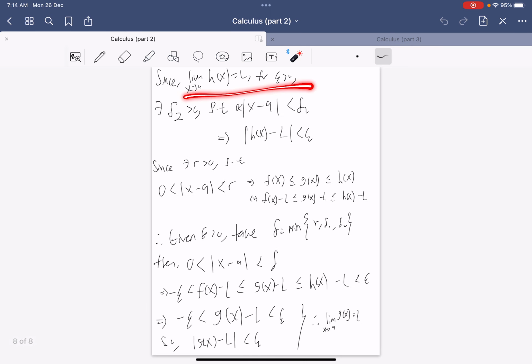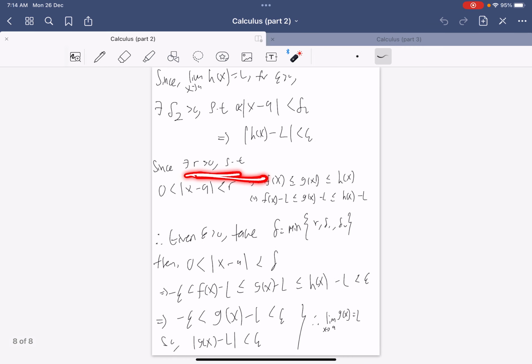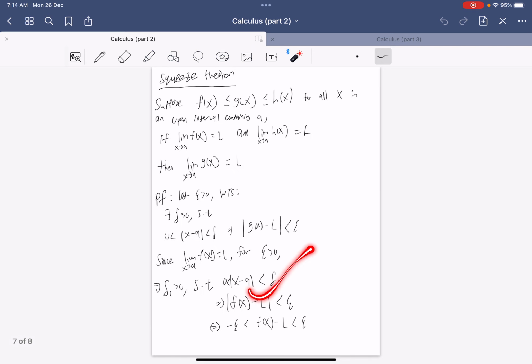And similarly, we can do the same for h(x), and we can find a delta 2 such that the following occurs. And because you know that this inequality occurs within some interval, there exists an interval such that the following occurs. And then you can subtract L from all the sides, and you get the following. And so, this means that if you can take the interval small enough such that this inequality occurs, this inequality occurs, and this inequality occurs,